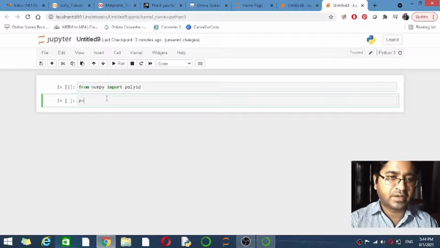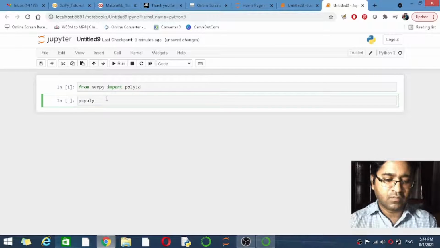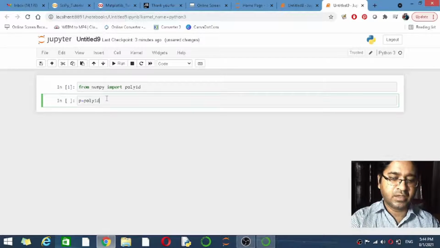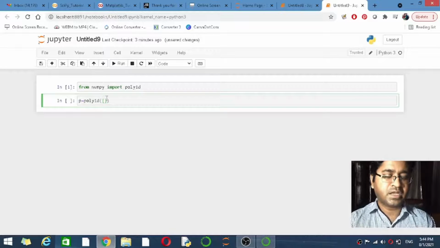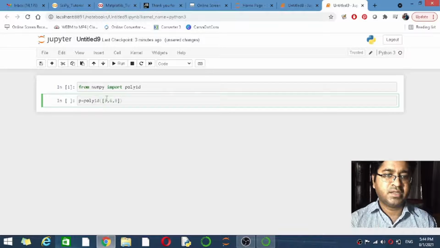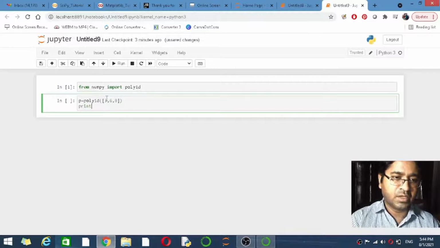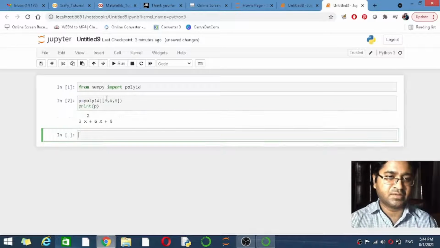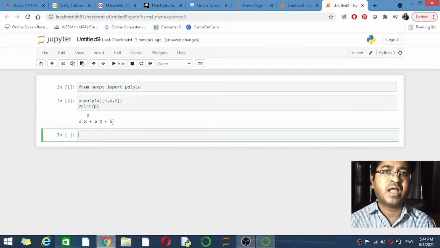Then we are going to define first p is equal to poly1d, a one dimensional array with certain values 3, 6, 8, and then we are going to print this polynomial function with the same parameters. It is 3x square plus 6x plus 8. These are the coefficients we are going to define.